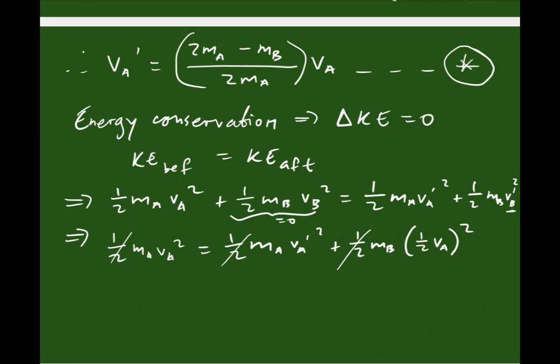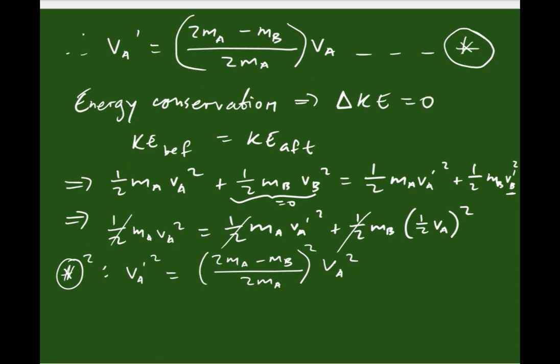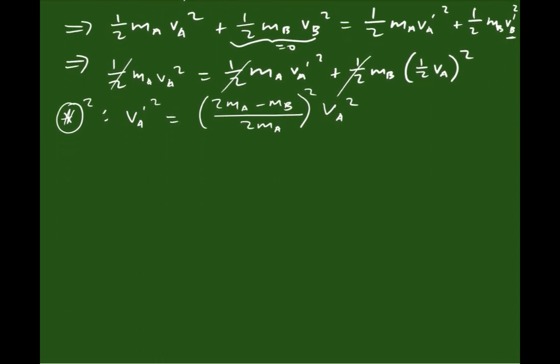So let's take star squared, and then this will give us VA prime squared is equal to 2MA minus MB over 2MA, squared, VA squared. Now this can be plugged into our equation. So the equation we're working with now becomes